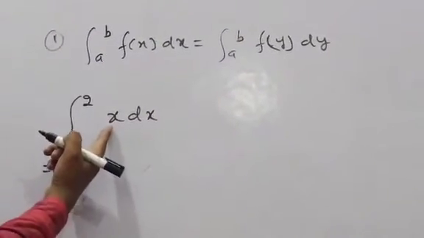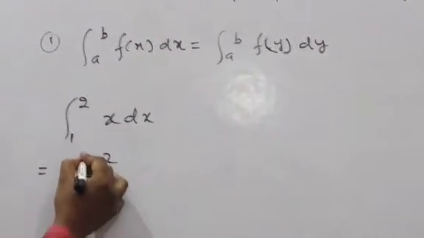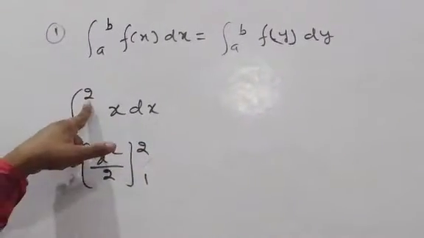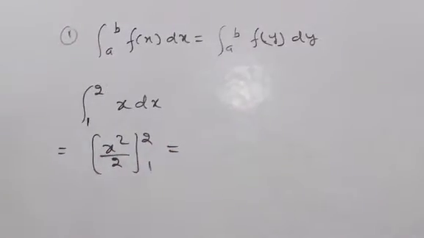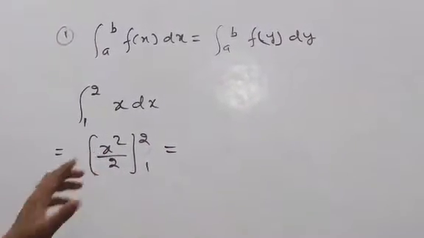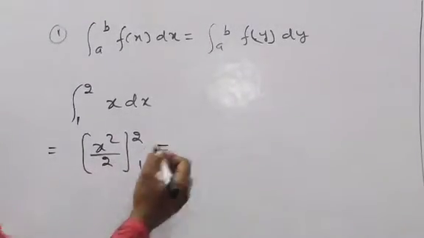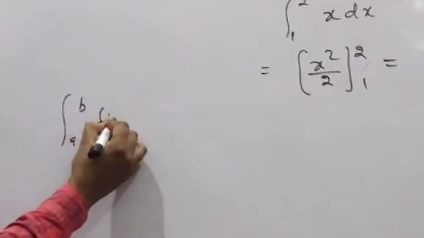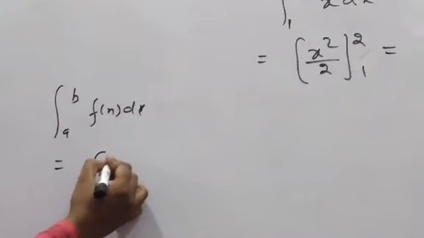What is the integration of x? x square by 2, with limit lower to upper in a big bracket, 1 to 2. Now we have to put x equal to 2 and x equal to 1, because the rule is: